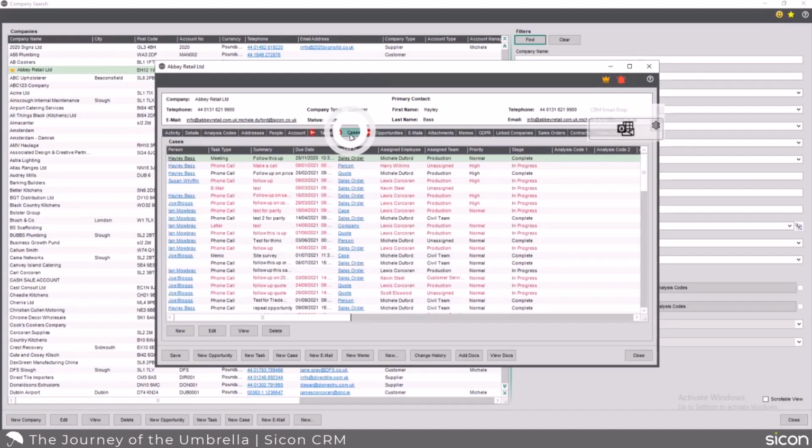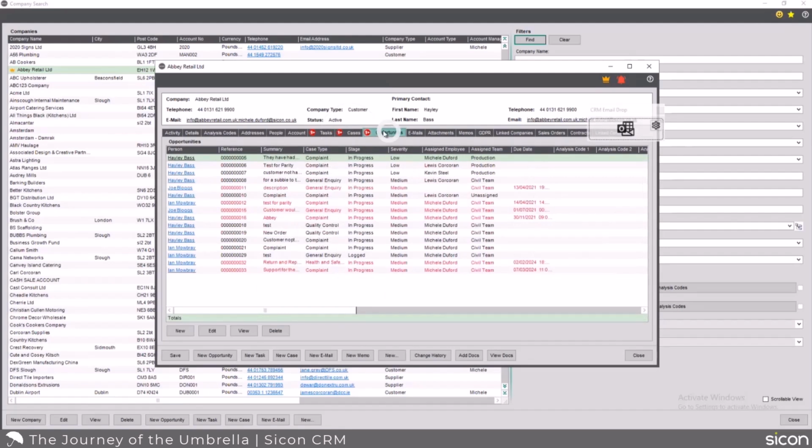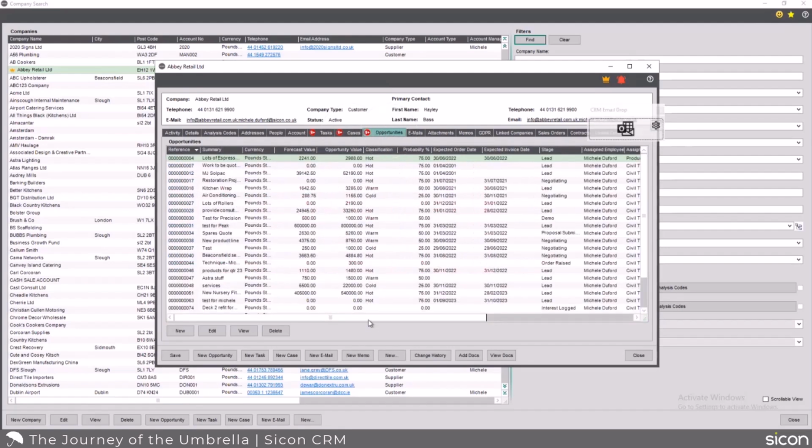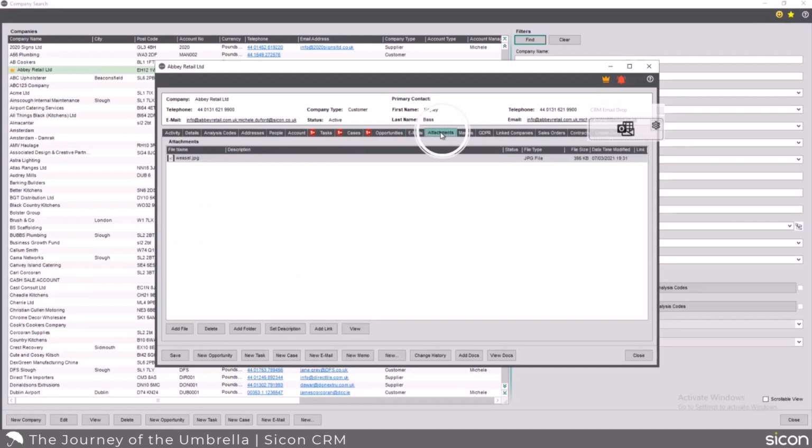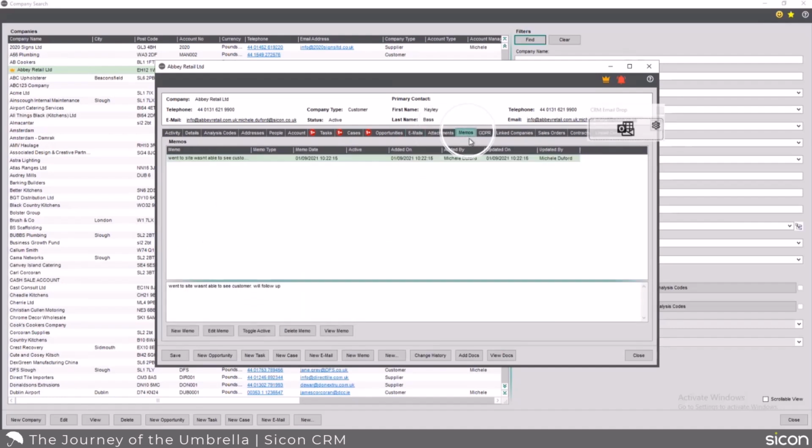Same with our cases. Likewise, with our opportunity management, you can see a list of opportunities related to this particular customer. And then I can manage opportunities by themselves. So a list of opportunities across the board. Email communications that have come in, email communications that have gone out, any attachments that we add, our memos, our